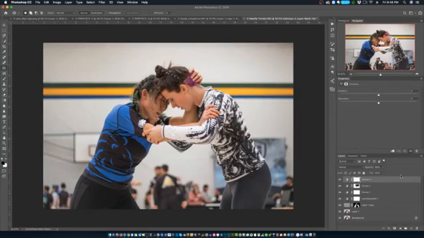I'm going to go ahead and add another Vibrance layer. Boost the Vibrance up a little bit. And I'm half considering desaturating this line in the back because with it having those vibrant colors, I feel like it's distracting a little bit from them. So I'm going to